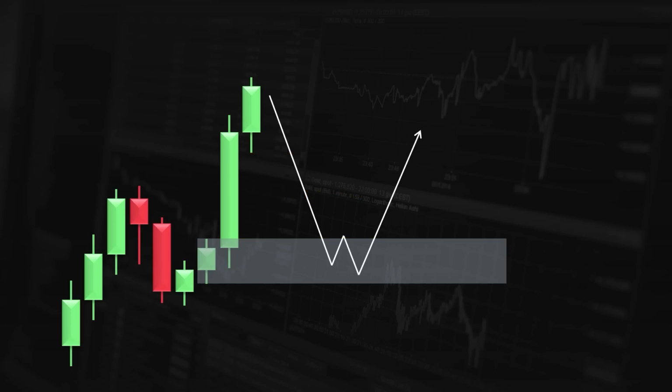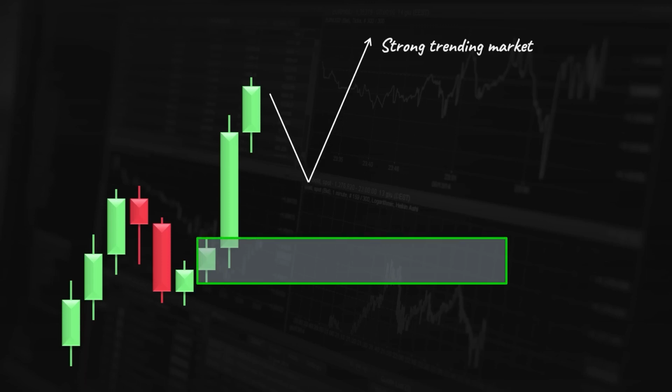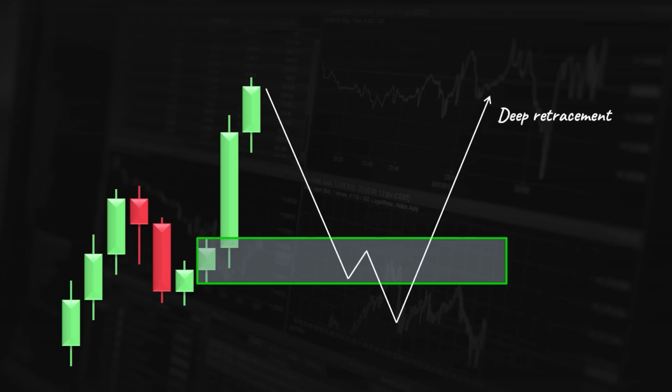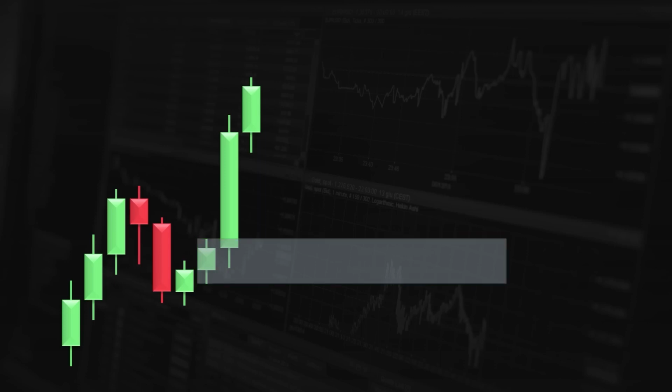However, it is not a law that the price must return and get rejected from this exact box we have drawn. In a strongly trending market, price often forms small pullbacks that do not reach the marked supply and demand area, which can lead to many missing trades. On the contrary, in markets with deep retracements, price might penetrate below our zone and then decide to push higher. So here the question is how to mark our demand area to have a high probability trade, avoid getting stopped,